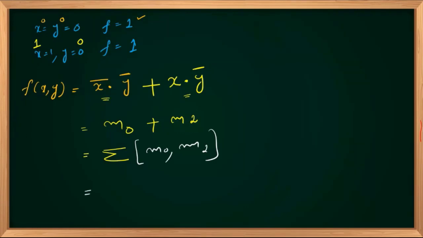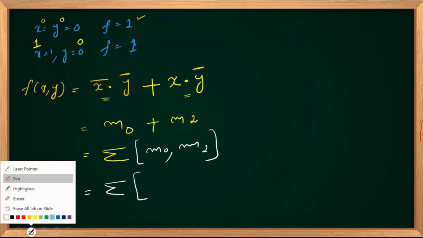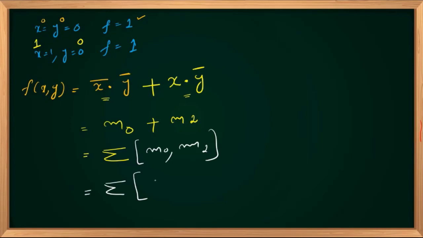And it is not required to express m always. Instead, we will specify indexes only, okay? Because m is common, right? So sigma 0 comma 2. So f of x comma y equal to sigma 0 comma 2. So please understand that if f of x comma y equals sigma 0 comma 2, it implies the function f equal to